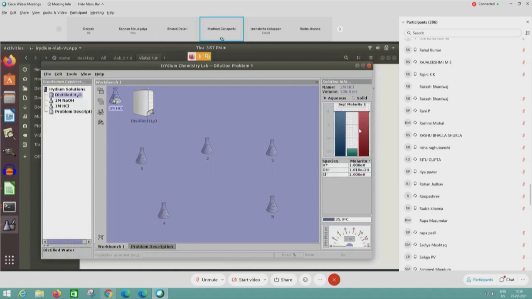Here I have got 1M hydrochloric acid. The minute we click on the hydrochloric acid bottle, we see that a solution info panel has opened with many things. It shows the molarity, the pH meter, temperature, species, all of them one after the other. So whatever is there, when you click on this, the information is shown on the right hand side. It is called the solution info panel.